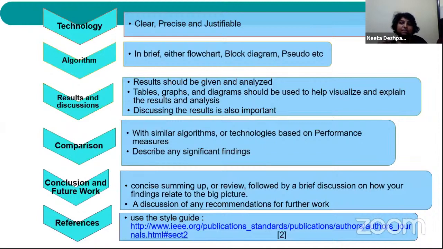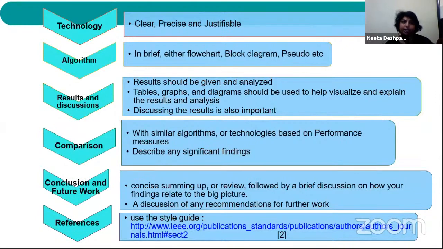In the conclusion, you have to show what we have done. Discussion will also be there; you have to give the discussions on the recommendations for any future work that you have. And the last part of your paper is the references. Now I'll give you certain examples also. So the last part is your references.